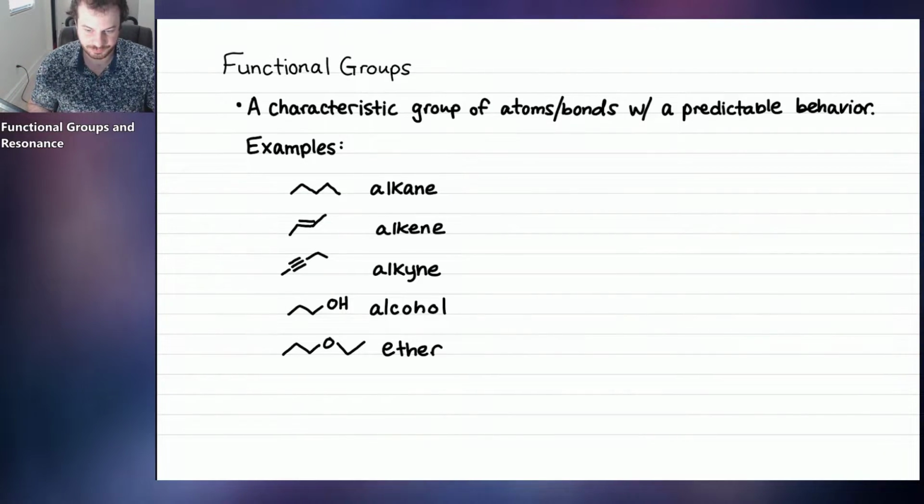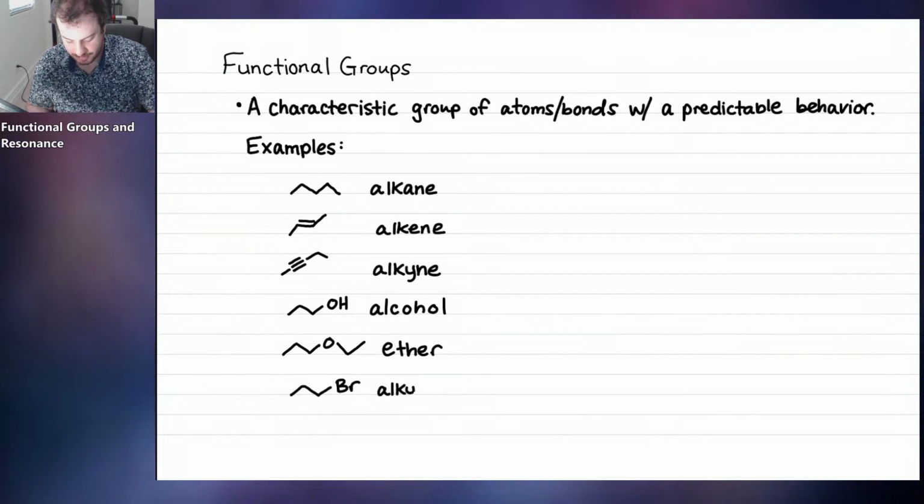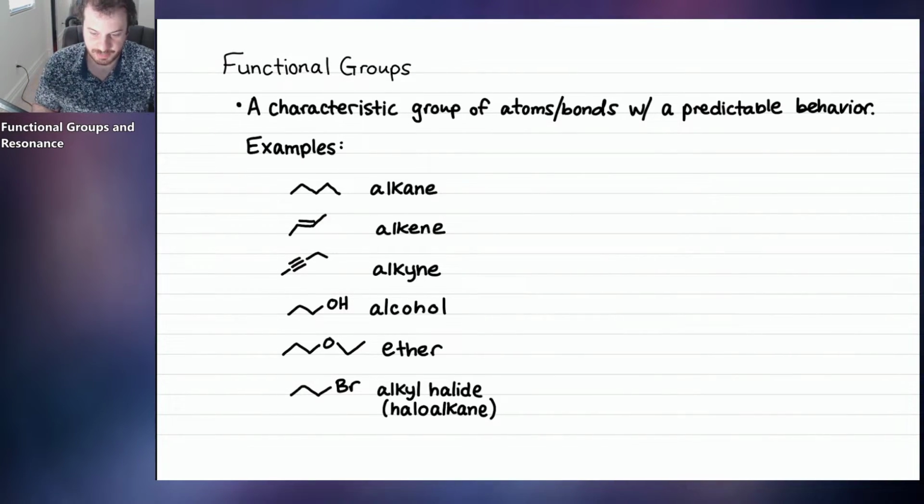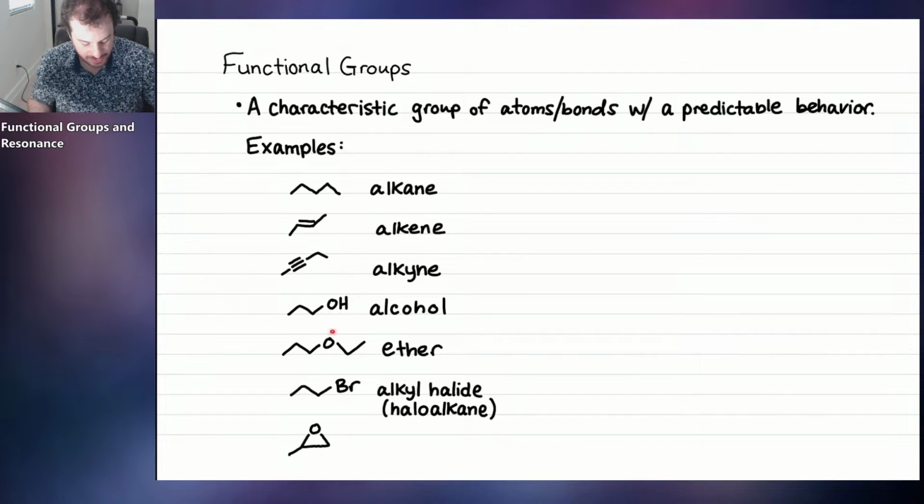So that's an ether. If you have carbon attached to a halogen, like bromine, iodine, or chlorine, that is called an alkyl halide. Also sometimes called a haloalkane. So don't be freaking out if you see haloalkane. They mean the same thing. Here's a fun one. This is a special type of ether. It is an oxygen in a three-membered ring. So it does meet the definition of ether because it's an oxygen with carbon on the left and right. But because it's in the three-membered ring, it gets a special name, and it's called epoxide.